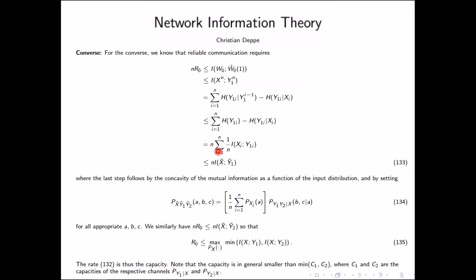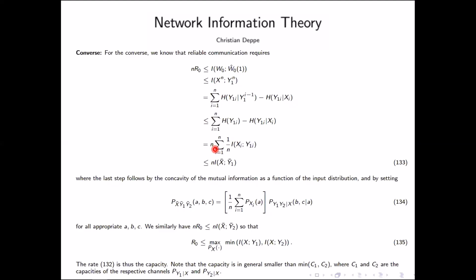For the converse, we know that reliable communication requires that nR0 is less or equal than the mutual information of W0 and W0 hat of 1. And also you can write here hat of 2, it's the same thing. And this is less or equal than the mutual information between x^n and y1^n. This we can write as the sum here of entropies. This we can estimate by this sum here. And with this, we get